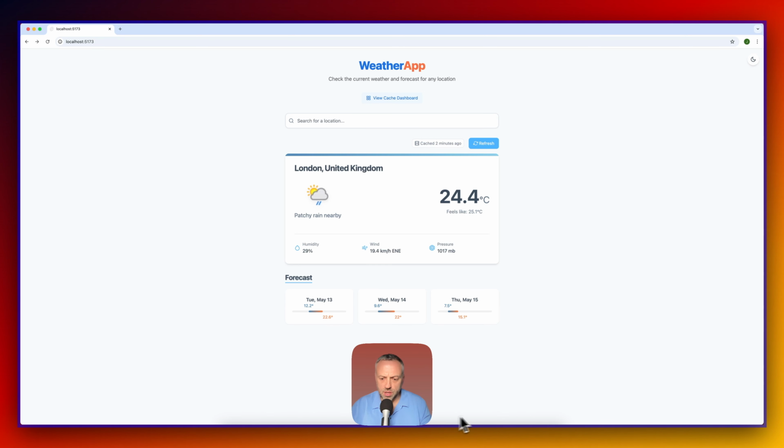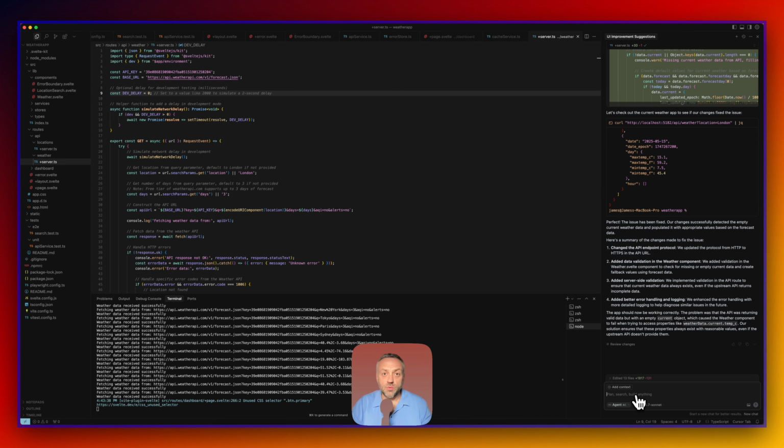Okay, and so we're gonna come back into our Cursor and we're gonna ask it to generate a Dockerfile and a .dockerignore file. Generate a Dockerfile and .dockerignore for the project. All right, there it is. We're gonna accept it. We're gonna create the files, and we have our Dockerfile as well as the